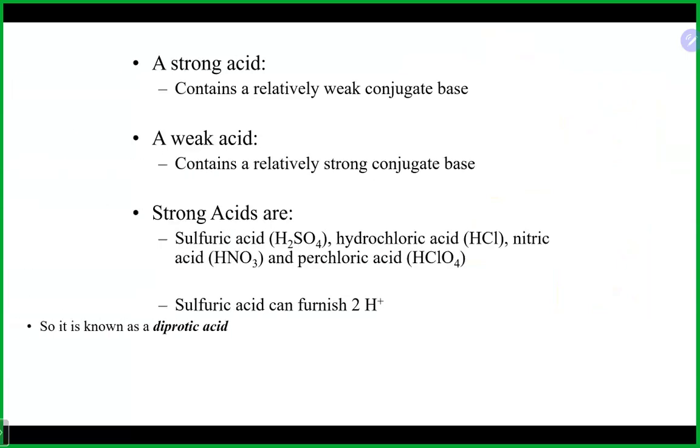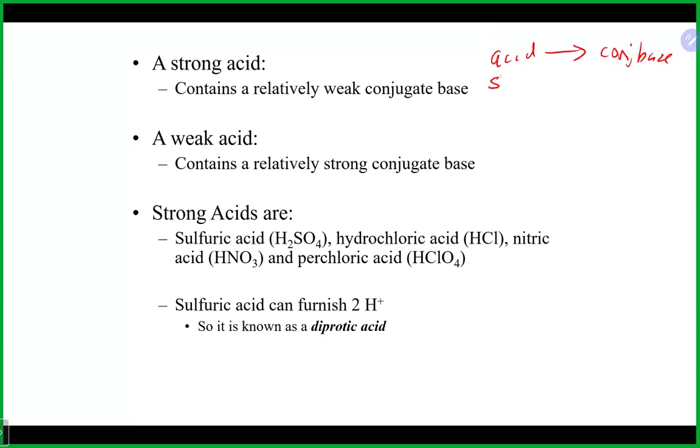Now, some relationships that are perhaps not super important for this class, but when you get to 1B, you will see a lot more. The relationship between an acid and its conjugate partner, its conjugate base, is an opposite relationship. What I mean by that is if you have an acid on one side of the arrow and its partner on the other, which is the conjugate base, if that acid is a strong acid like HCl, its conjugate base will be relatively weak, like Cl minus. If you have a weak acid on the left-hand side, like HF, its conjugate base will be relatively strong, like